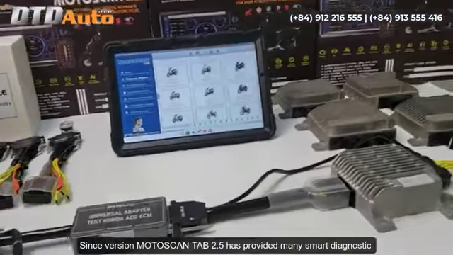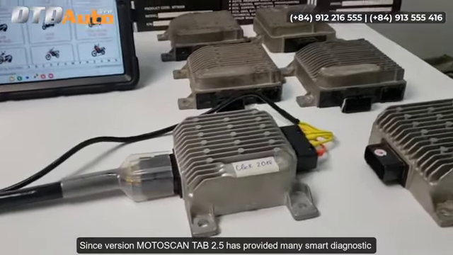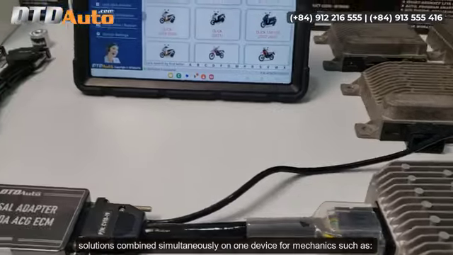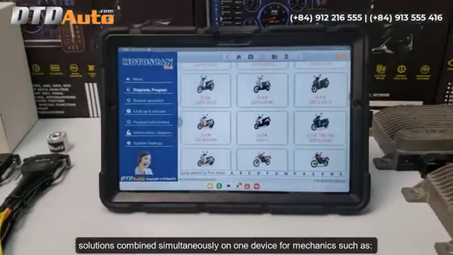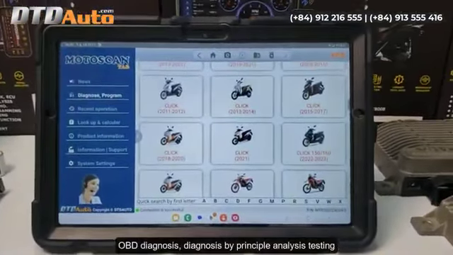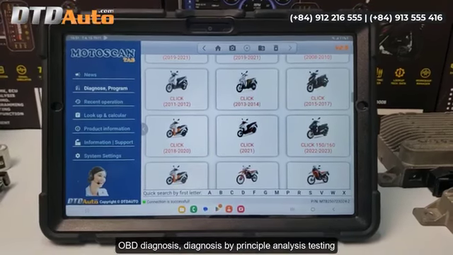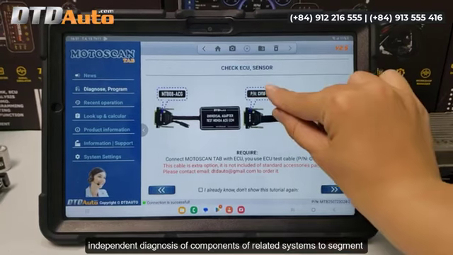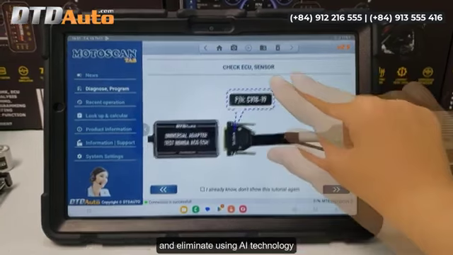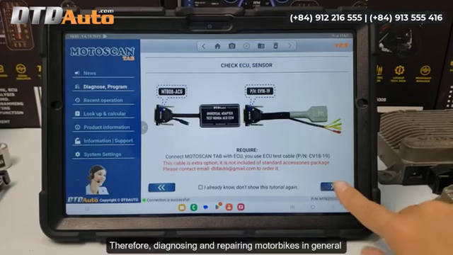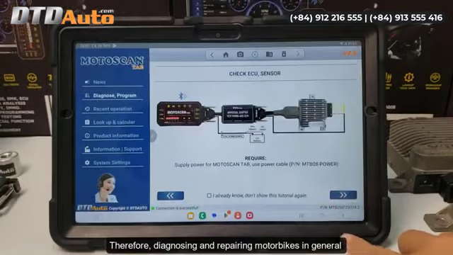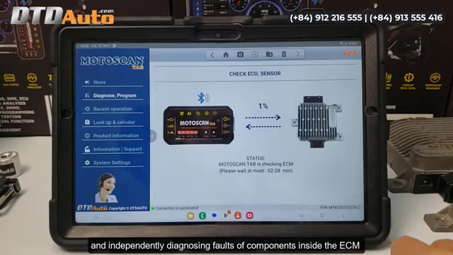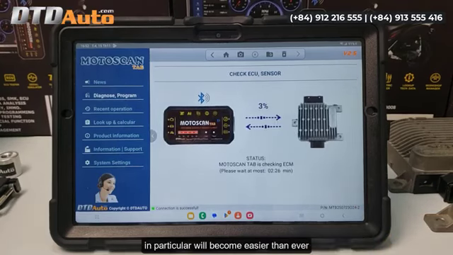Since version MotoScan Tab 2.5, it has provided many smart diagnostic solutions combined simultaneously on one device for mechanics, such as OBD diagnosis, diagnosis by principal analysis testing, and independent diagnosis of components of related systems to segment and eliminate using AI technology. Therefore, diagnosing and repairing motorbikes in general, and independently diagnosing faults of components inside the ECM in particular, will